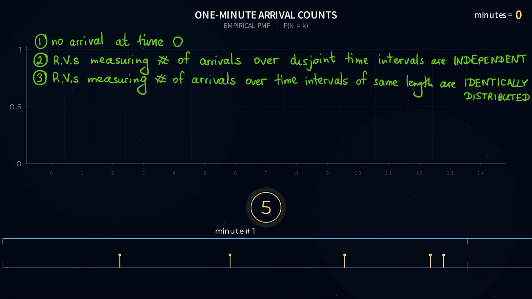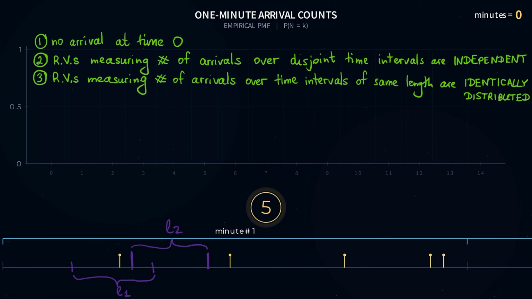Postulate number 3 says that random variables that are measuring the number of arrivals over time intervals of the same length are identically distributed. So let's see what that says. On our time axis down here, I'll pick an interval of length L1, and maybe over here I'm going to start another interval, and now it has to be the same length as L1, so that looks about right. So this one is of length L2,